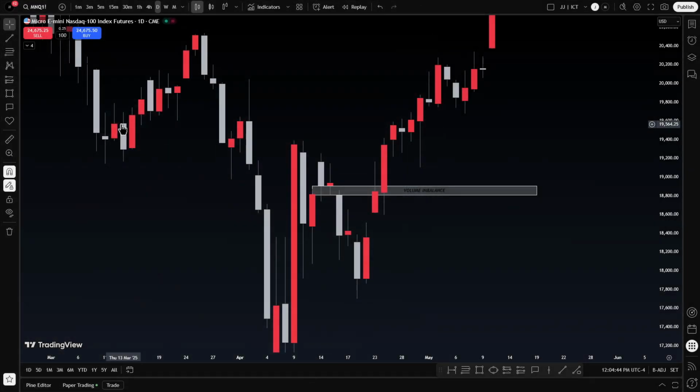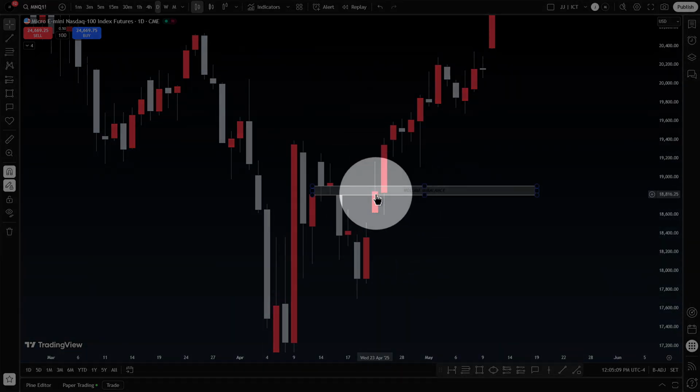That's what makes it the weakest. But if price ever refers to this and actually respects the volume imbalance, that is one of the strongest confluences you can have. You have the immediate rebalance, but if price respects a volume imbalance, it becomes stronger than the mitigation block. That might sound crazy, but if that happens, in which it does happen here, you see the little